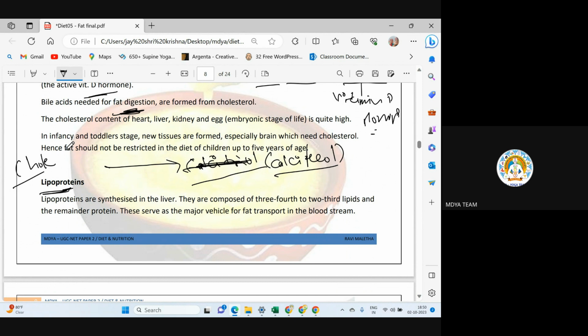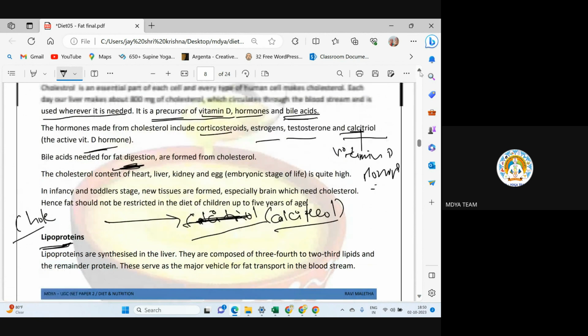Nowadays, people are just preventing children from having fat or something. People are using some fat which are not that much lubricating, like olive oil and all. So in growing stage we need cholesterol, especially for development of brain and neural tissue. We need cholesterol. Cholesterol is not always bad,